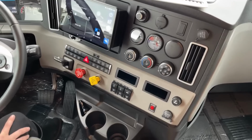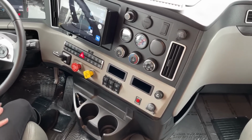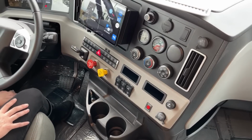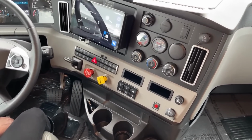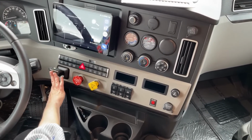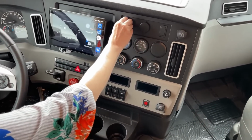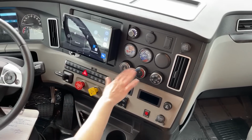A lot of this stuff's going to be talking about your tandem axle. So you do have a twin screw on here. That means that both of those are going to be driven, powered. So you're getting extra power in those back axles as well. We're going to talk about towing, your tow hitch here. So you've got your trailer brake, and then you've got an adjustment here for your trailer brake controller. That's just going to adjust how far back that's going to go. And of course your